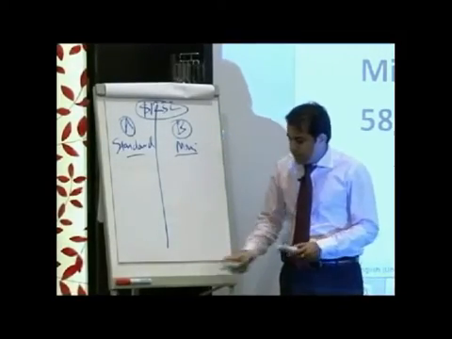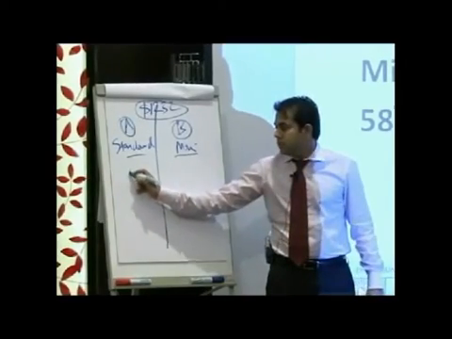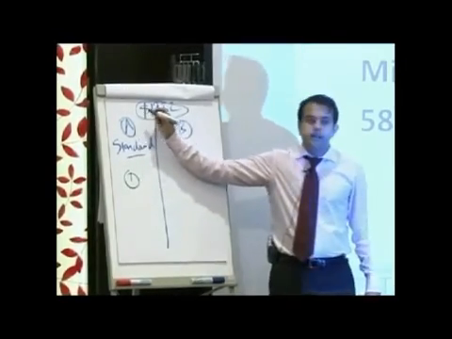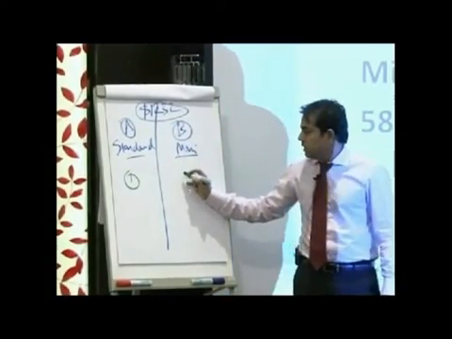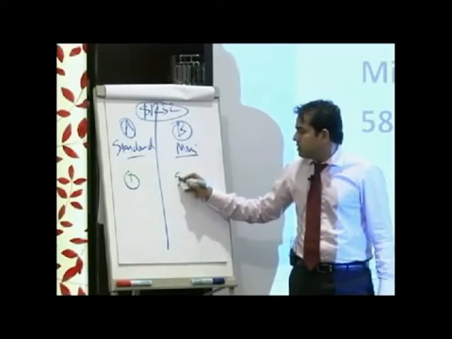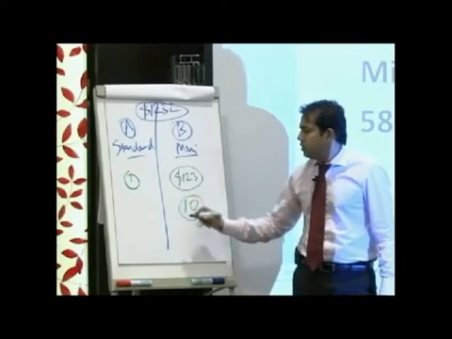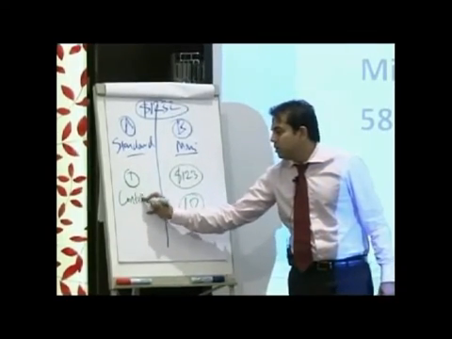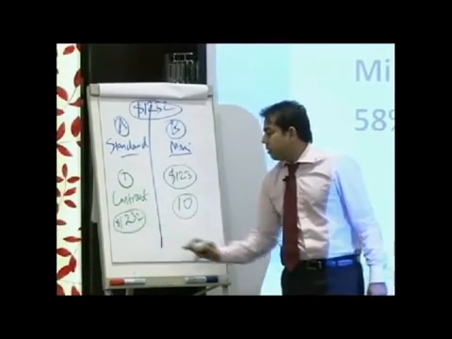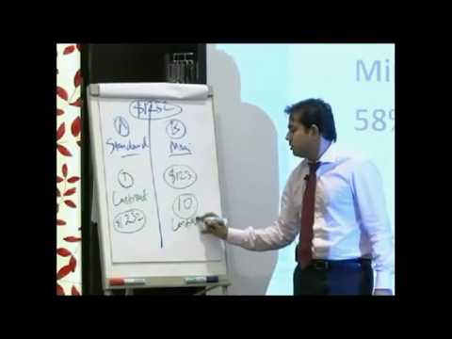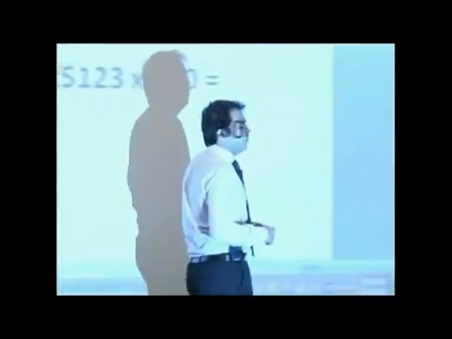But because trader A is doing standard, for every one contract he does, his investment is his entire capital, correct? But trader B requires how much? Yes, he requires only $123. So how many contracts can he do? Yes, he can do 10, but trader A can do only one contract because he requires the entire capital. Well, trader B can do 10 contracts. Now, a good trader always knows he will never